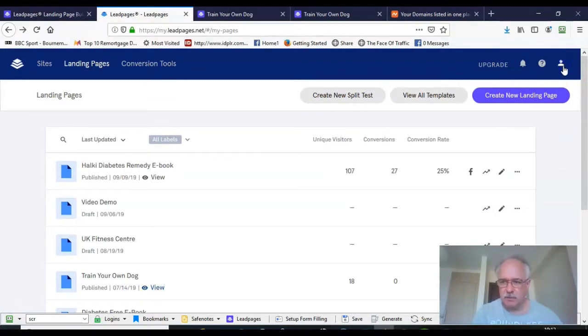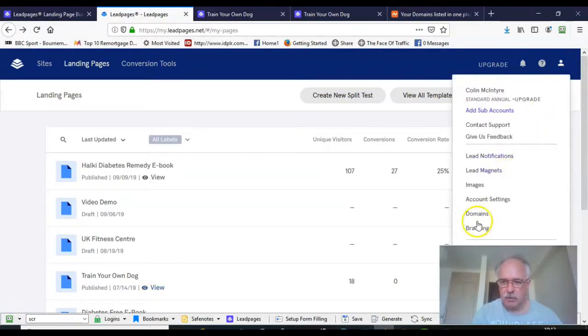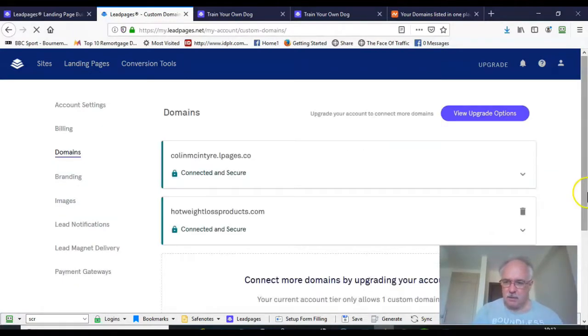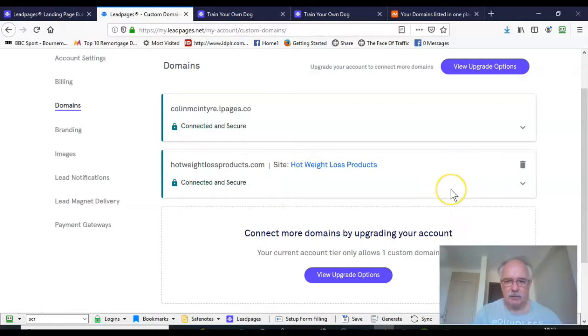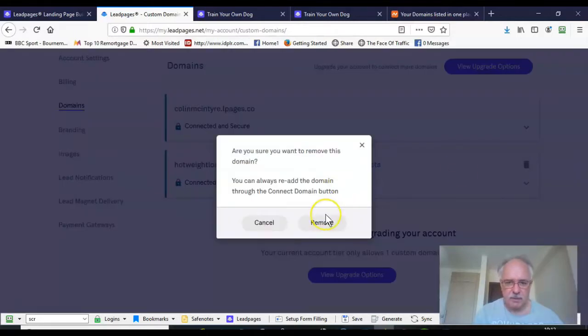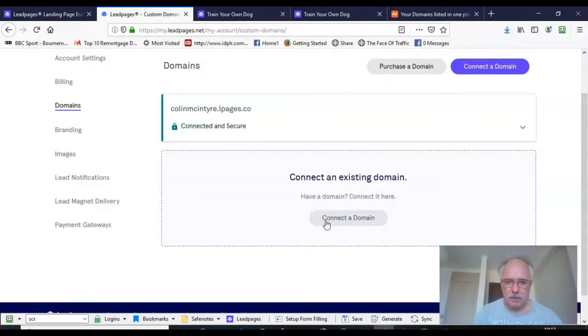Okay, so we come to account, we come to domains, and on my account level I have one domain available to me, and that domain is hot weight loss products, because I've got a web page around weight loss. So let me get rid of that. You can always re-add it. Okay, so I want to connect to a domain,